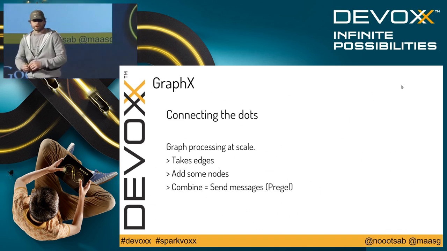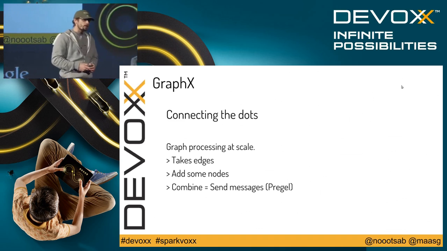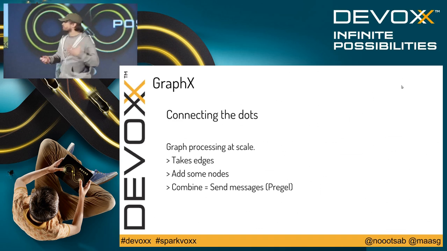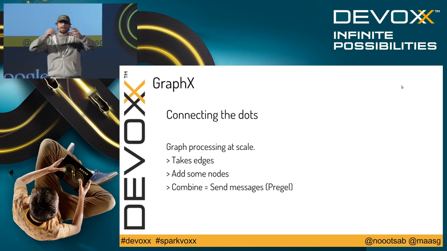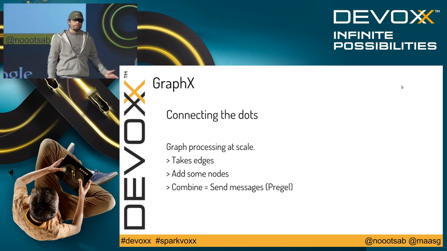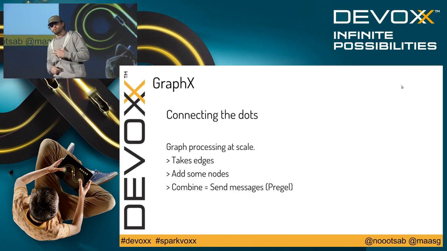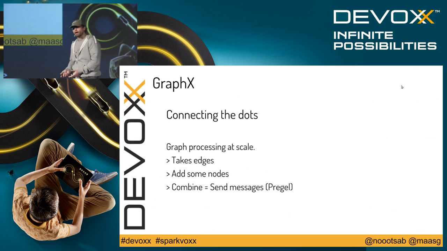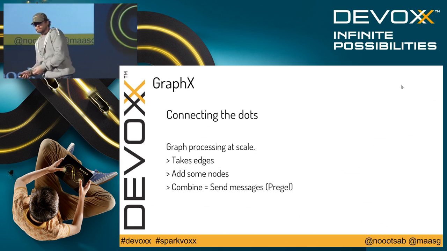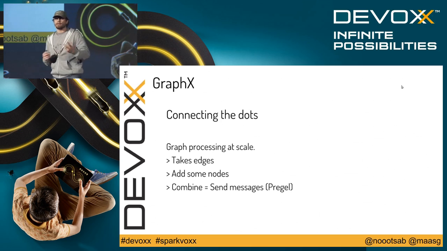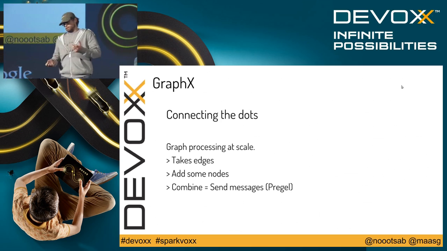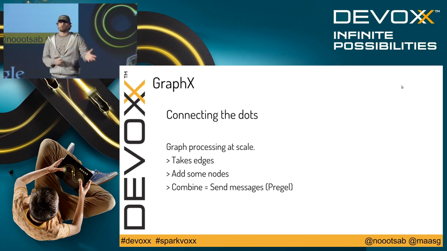Okay, GraphX. This is my favorite because I'm a graph nerd. Actually, graph is there to connect the dots, right? For now, we just see RDD like a stream, a collection of data. But graphs are quite different. When you want to apply processes on graphs, it's a totally different story than with tables. Why? Because one single node might be connected to a few nodes, right? And in a table, what you have to do is a crappy Cartesian with left joins or whatever, but it's quite hard. It will take some time to process them, right?